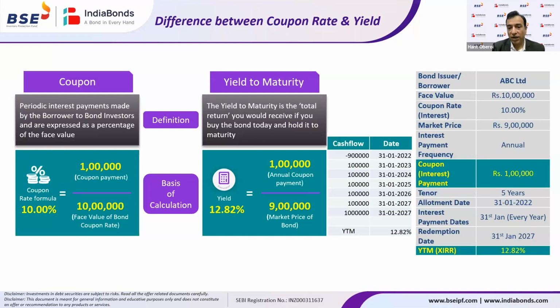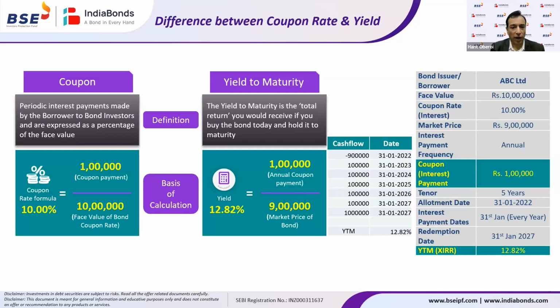The case can be reversed if the price of the bond changes. So instead of 10 lakh rupees, I am buying it at 11 lakh rupees. Now my yield will be lower because I have invested a higher amount, whereas at maturity, I will still get the face value of the bond. So I will discuss in the next slides how the yield and the price movement take place.